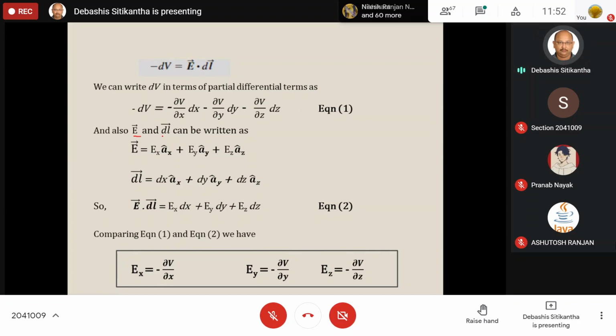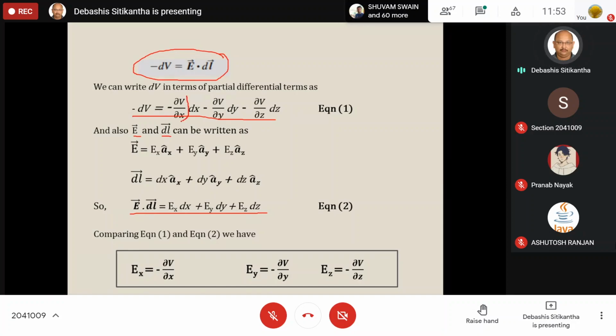Also, your E and dl are two vector quantities, and these can be expressed in their component form as Ex Ax cap plus Ey Ay cap plus Ez Az cap. dl again is a vector quantity, again it can be expressed in this manner. But look at this equation. This equation demands E vector dot dl vector. So if we write it in components, we are going to get this figure. Okay. So this one and this one, just compare